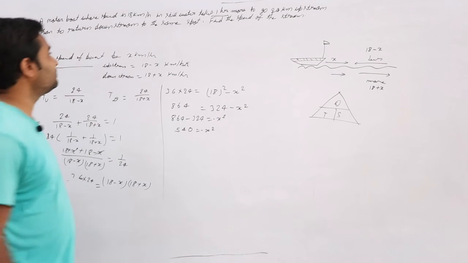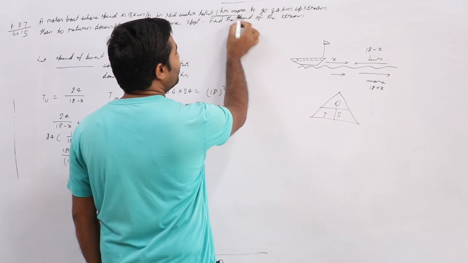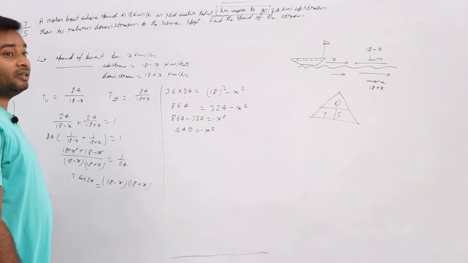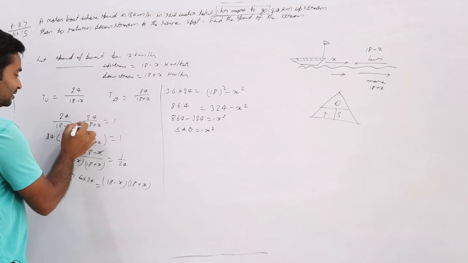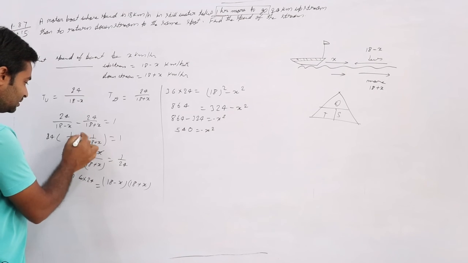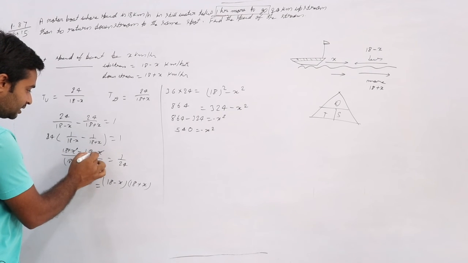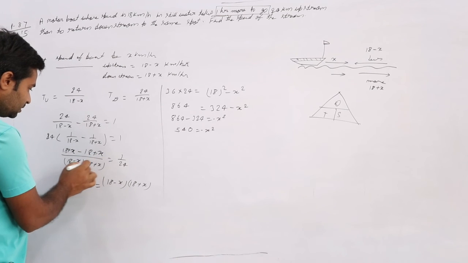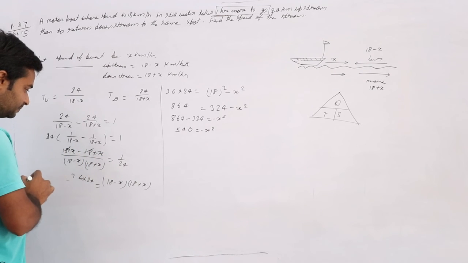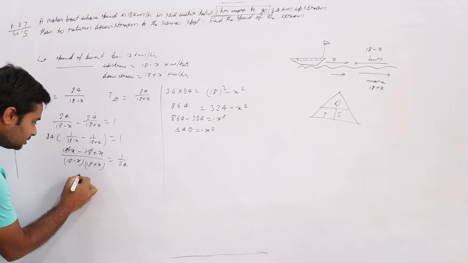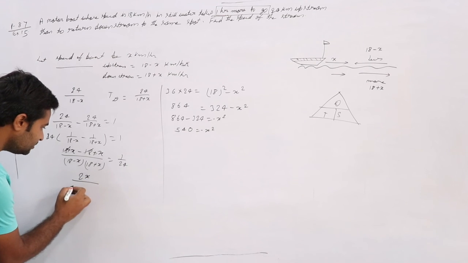See, where is the wrong? Here is the biggest problem: minus. So if this is minus, this is plus, right? So 18 and 18 get cancelled. So what becomes here? 2x by...